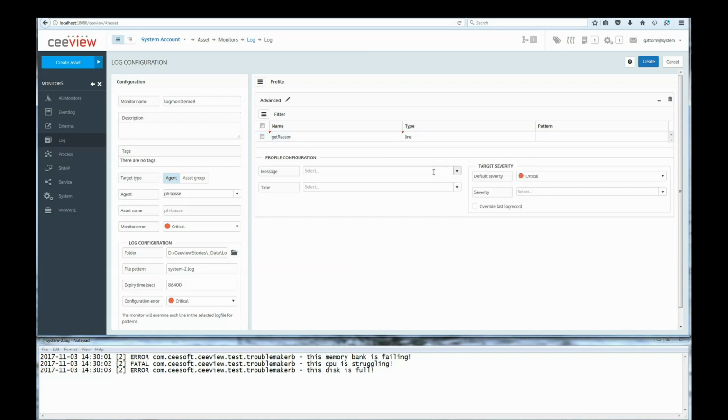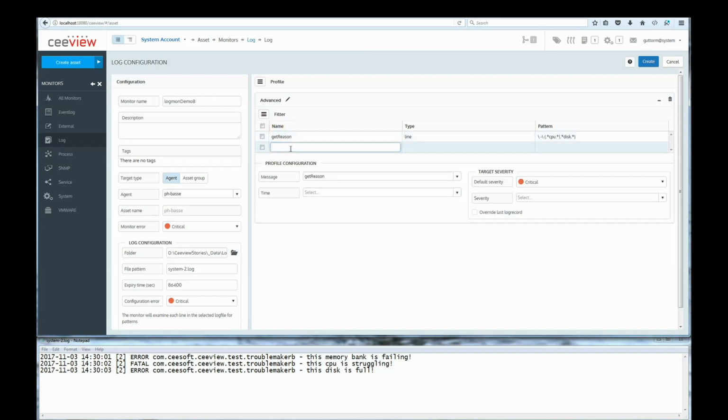Filter type line treats a log record as a big line, for which we apply the regular expression. And the expression in this case is anything that starts with a space followed by a hyphen, then another space, and a string containing CPU or disk. We'll use this filter as our message filter,